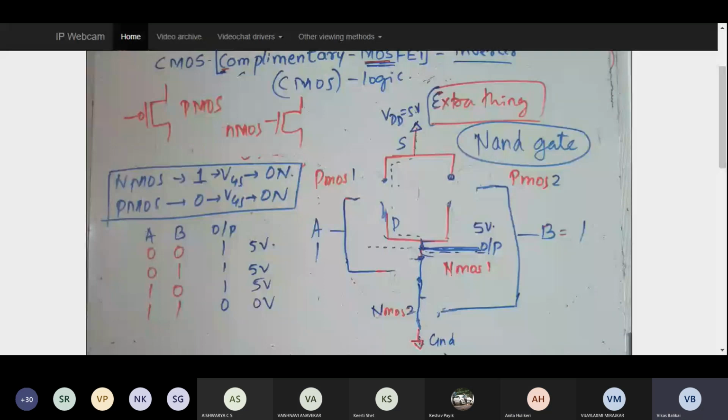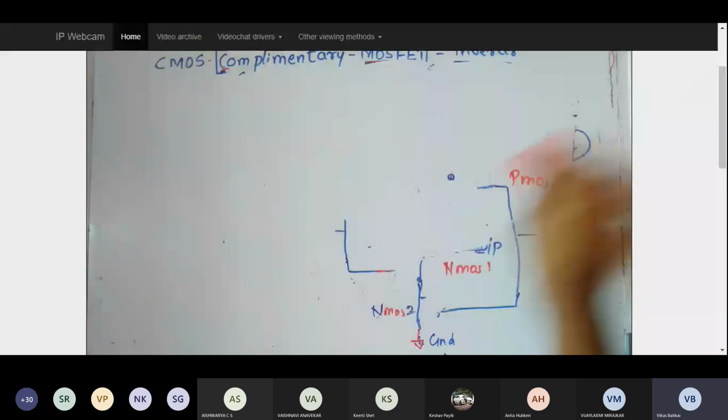So this is what I just wanted to tell you in this entire lecture. Let us try to wind up this CMOS complementary logic, and we'll move on to the next concept, which is my junction field effect transistor. Today I'm just going to give you the figure of that junction field effect transistor, and hopefully in the next class we'll be discussing the entire aspect of JFET.